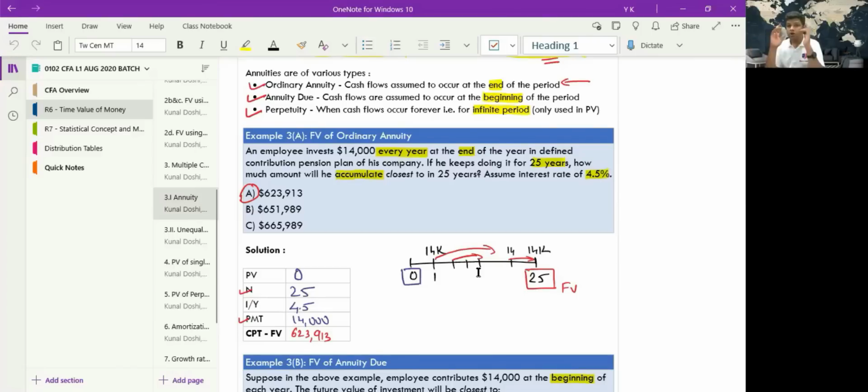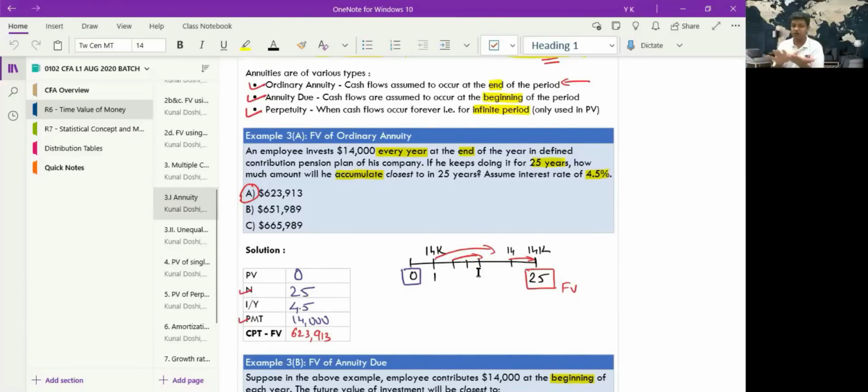So technically, it's illogical. Why? Because at the end of 25th year, you are investing something, and on the 25th year only, you are saying this is going to be my future value. It means you have not invested at all. Technically it looks incorrect, right? The last installment is 14,000, and that day only you are getting the future value 623,913. So it sounds a bit illogical, but the function is made in a manner,